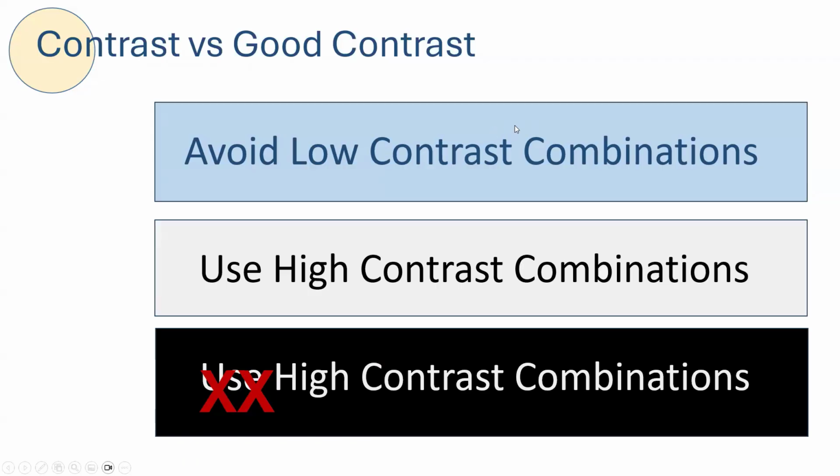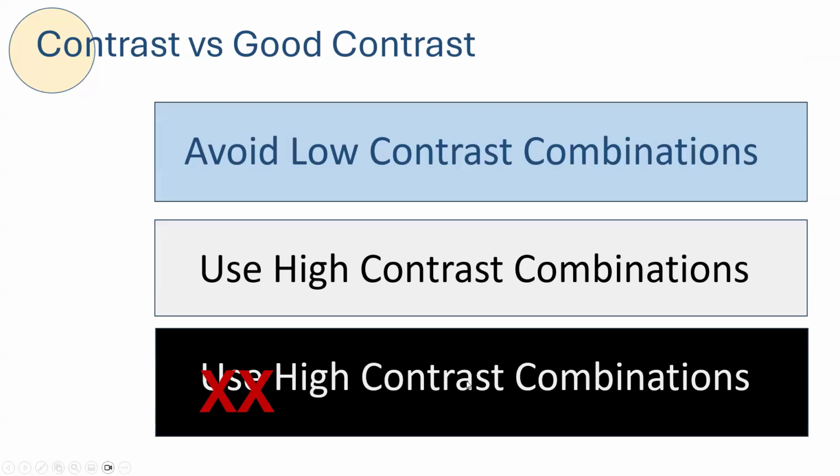So black on white, black on gray, dark blue on white or gray, very readable, legible, has a nice look to it. White on black is also high contrast, but you want to avoid that in most cases because it can be very fatiguing to look at white on black. You start getting some kind of shimmering effects, and it just wears you out,